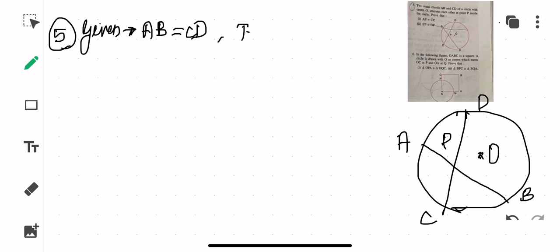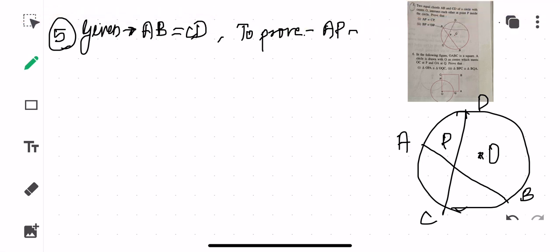Here only I'll write, since I have space, I need to prove that AP is equal to CP. I'm writing only the first one. You may write down the second one as well. Of course, I'll be doing both of them. But then the second one being an easy one, children, I'll be giving you as homework because that is based on the similar concept. So if you are able to understand the first question, you will be able to do the second one as well. Alright, so the second sub question is going to be a homework. So I'll be marking the same. So this is fifth second one.